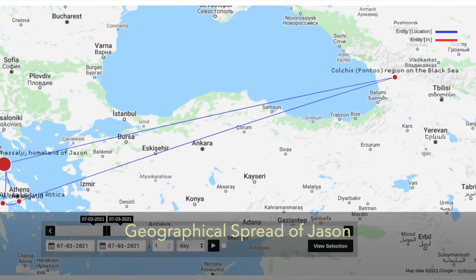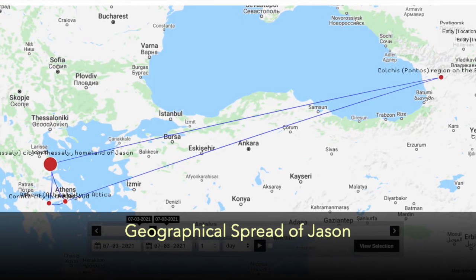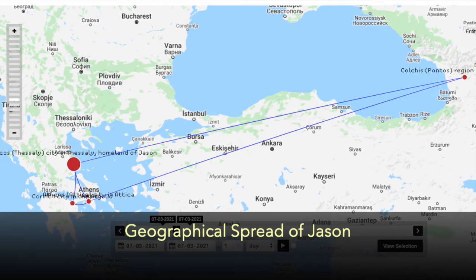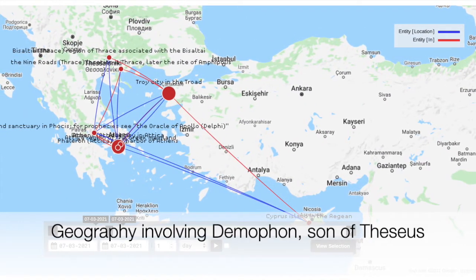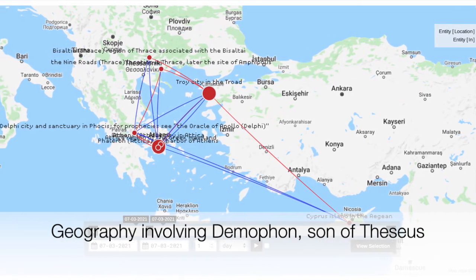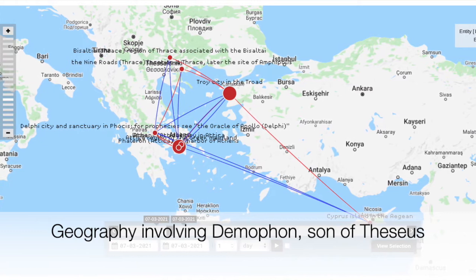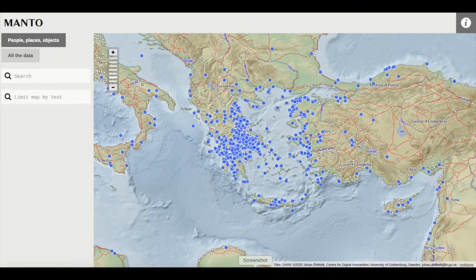That is, to map the ancient Greek mythical story world, the figures that take part in it, and the places and objects involved. This mapping is, however, not only cartographic, but also relational. So even if we can't plot an event on the map, we can uncover the relationships between agents and the places that are described. What you're looking at right now is our new public platform, currently being tested and refined